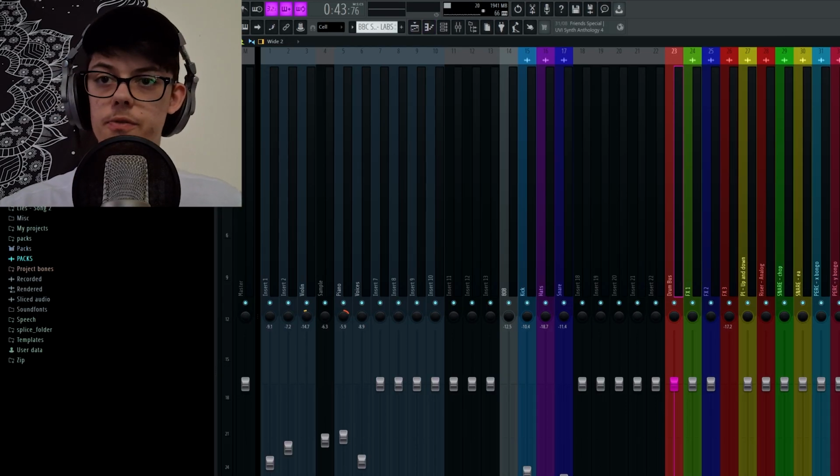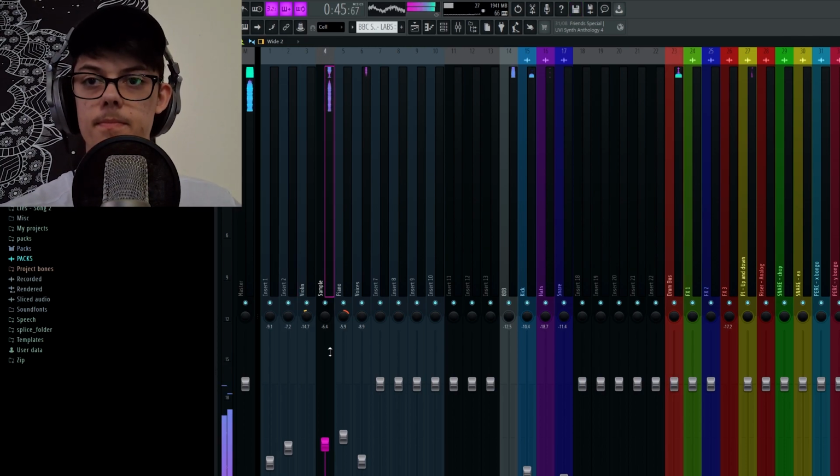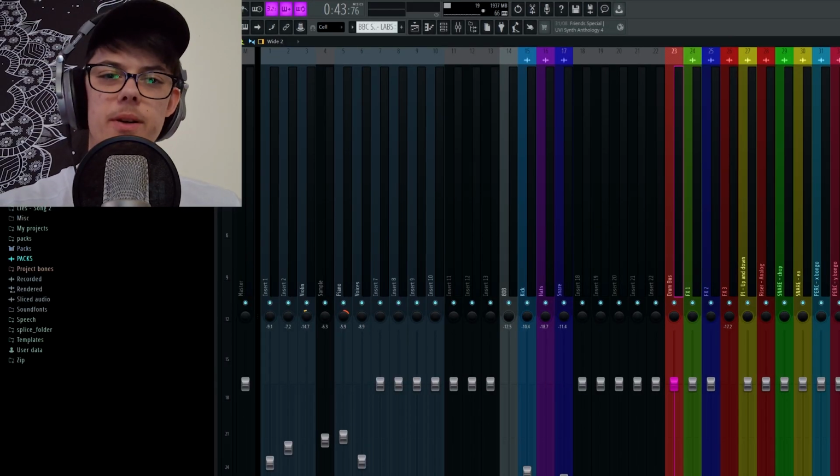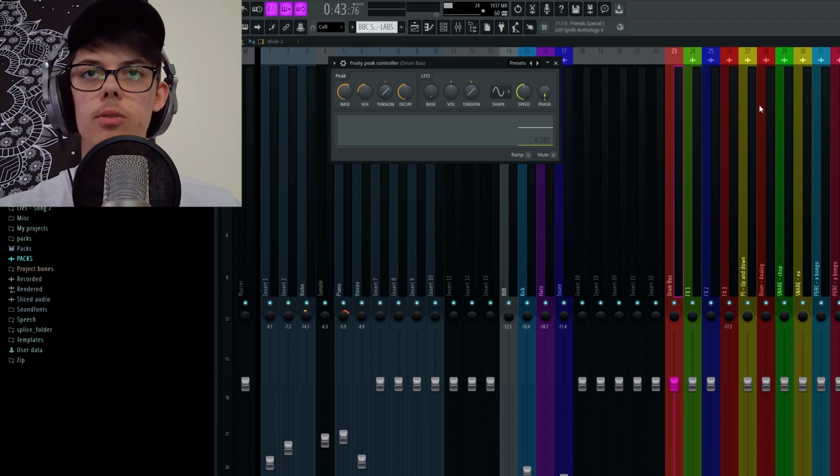So if we put this fully stereo, so completely the other way, it kind of surrounds you, right? While I do think it sounds good like that, I wanted to allow some headroom for artists to get on this. The interesting thing about this beat, however, is on our drum bus we have a Fruity Peak Controller, and